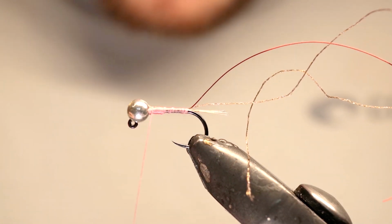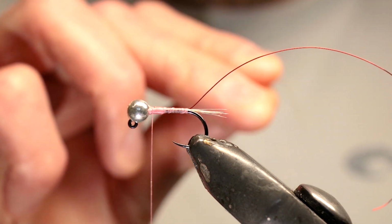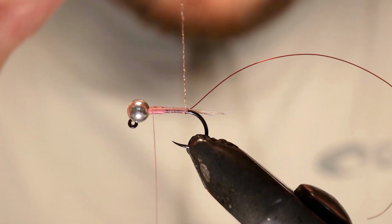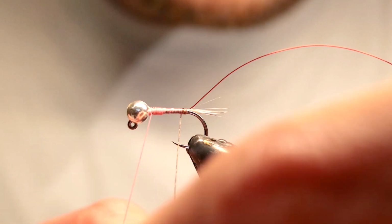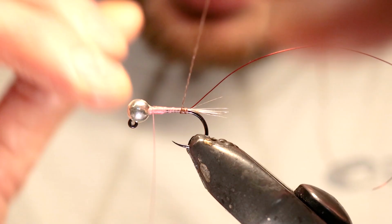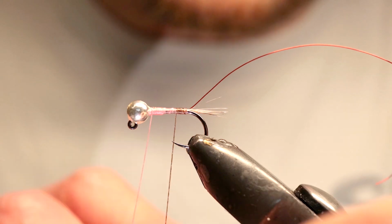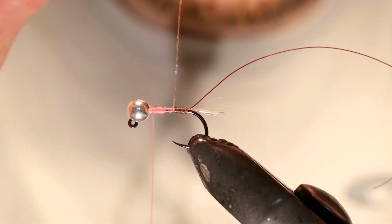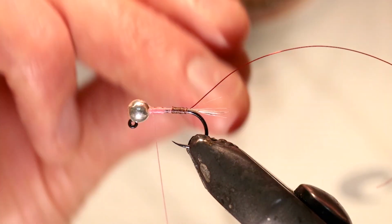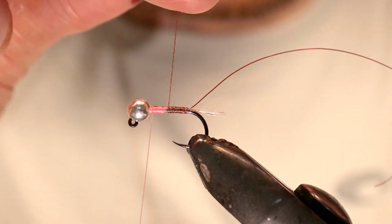Okay, then we'll get the thread out of there. Sorry about the edit there, folks, there was a knock at the door. So I'm going to take this nymph back up the shank of the hook, up the body, nice tight touching turns. You'll notice as I go up, a little bit of the colour of that thread will shine through underneath the nymph, and some of the turns might not be touching. It doesn't bother me that much. If you're really anal about it, you can take more time. So I can see there's a little gap in between some of these turns, but it's not the end of the world. You've still got that effect with the UV, you've still got that kind of chestnut flash,